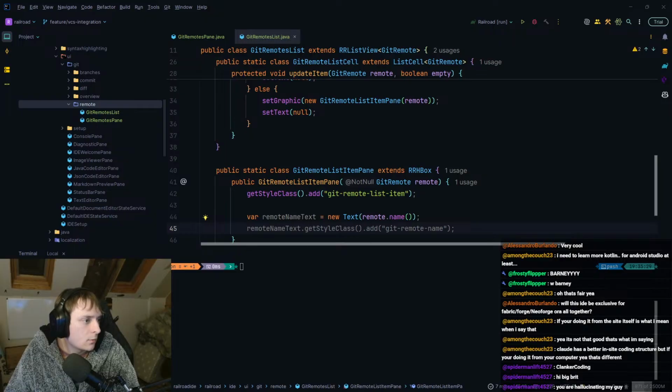Okay, so apparently you can kind of disable a remote, but it's not a first class concept. So you can do unset all on the remotes, and then